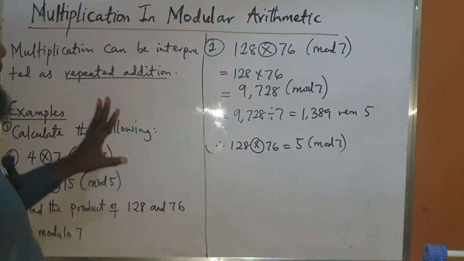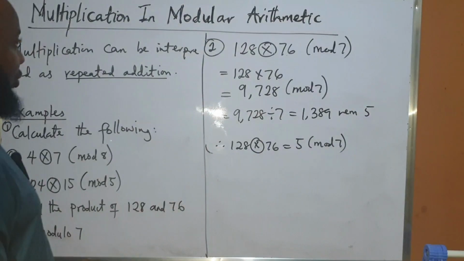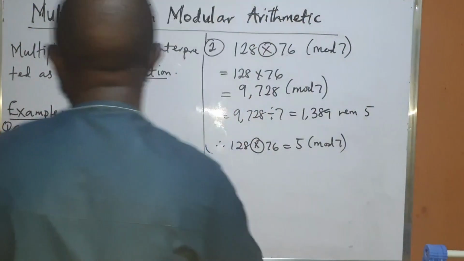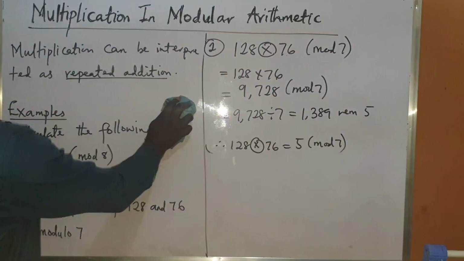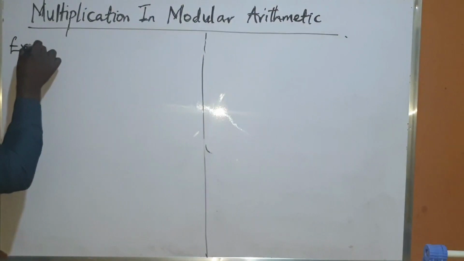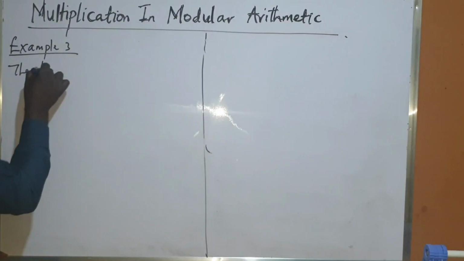We want to look at when you are given a table to fill. How are you going to do that? So let's have this table and see how we're going to do it. So, Example 3. The table below